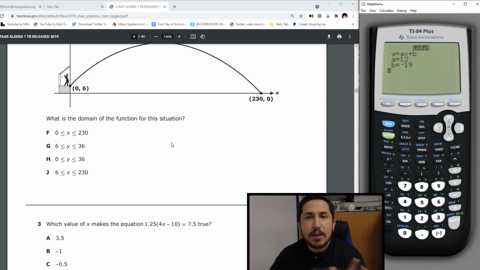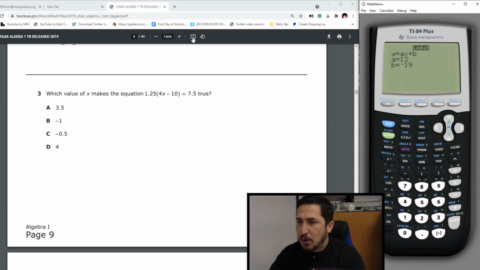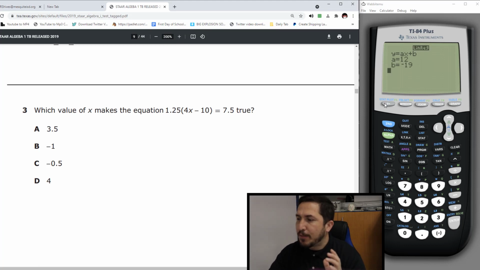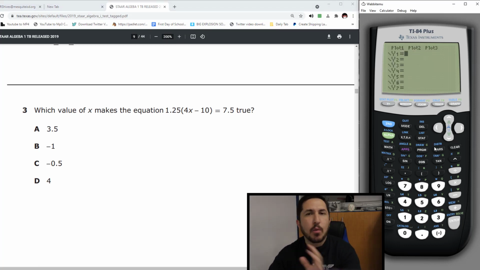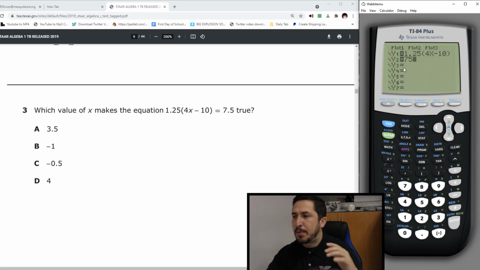Domain and range, you don't need your calculator for that, so that's cool. This guy, equation is true. When it's time for you to solve equations, you have to always go to y equals. So you're going to hit y equals. You're going to start typing it in. You have to know you have to split this equation because there is no y in here, there's no x squared in here. So there's the first part. Now for the second part, put them underneath in the next line. So I've got the first part put in the first one. Then I've got the second part of the equal sign put into y2.